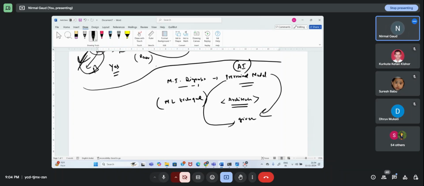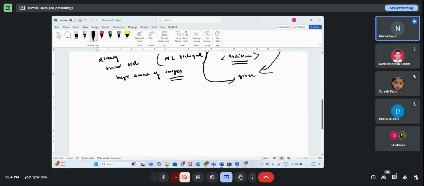So sir, what is the benefit in using pre-trained? The benefit is pre-trained models are already trained over a huge amount of diverse images. They already have knowledge about images. They are trained over different categories of images of humans, of animals, of different objects, different classes.